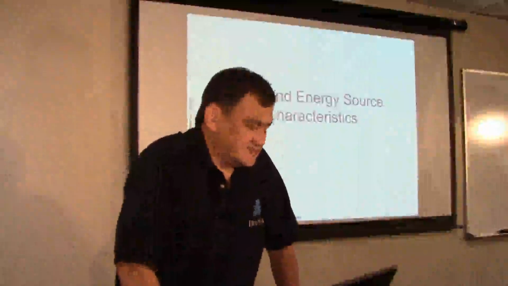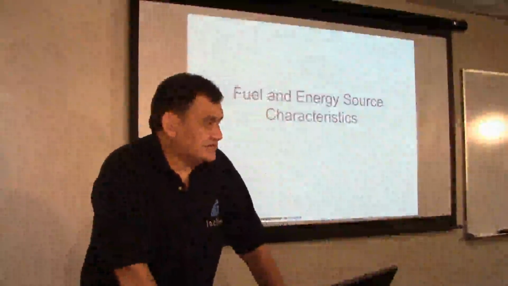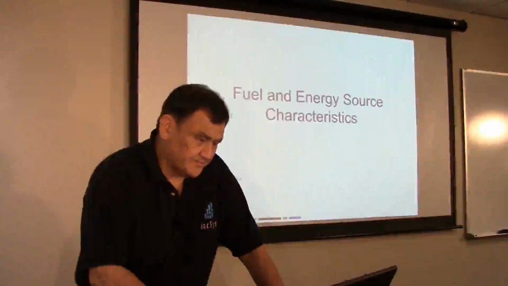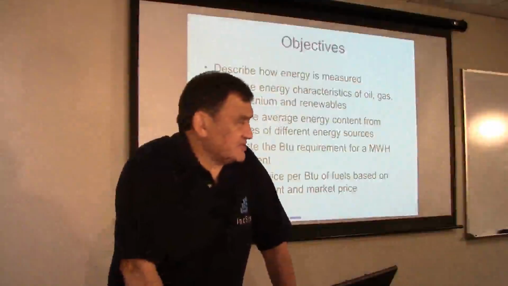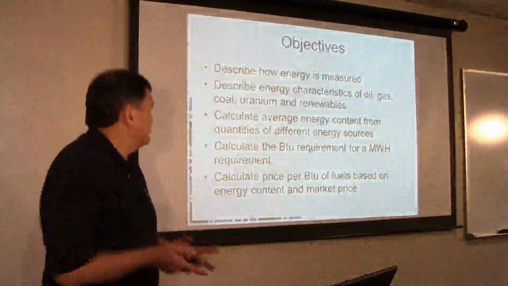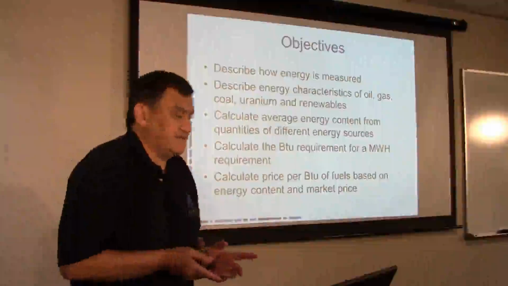Welcome to this next segment on fuel and energy source characteristics within the generation dispatch module. The objectives of this segment are to cover how energy is measured, then describe the different energy characteristics of oil, gas, coal, uranium, and renewables, and then show you how to calculate the average energy content from quantities of different